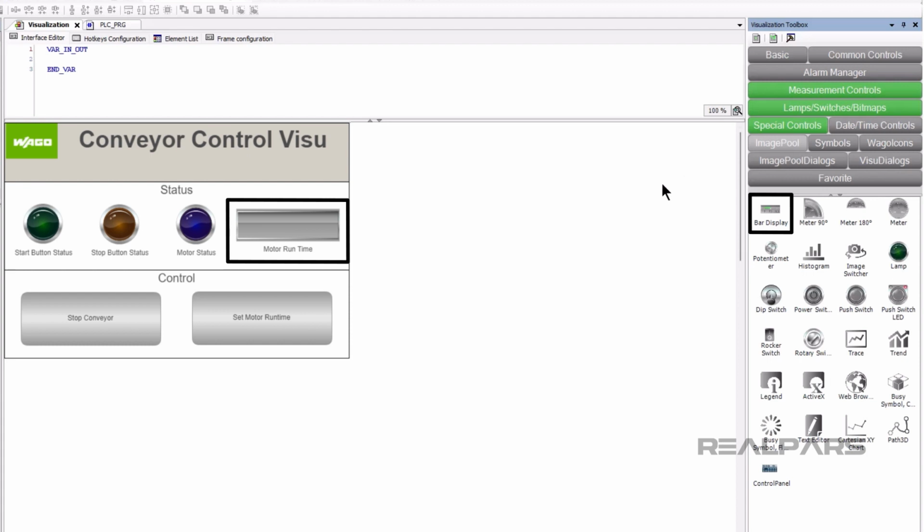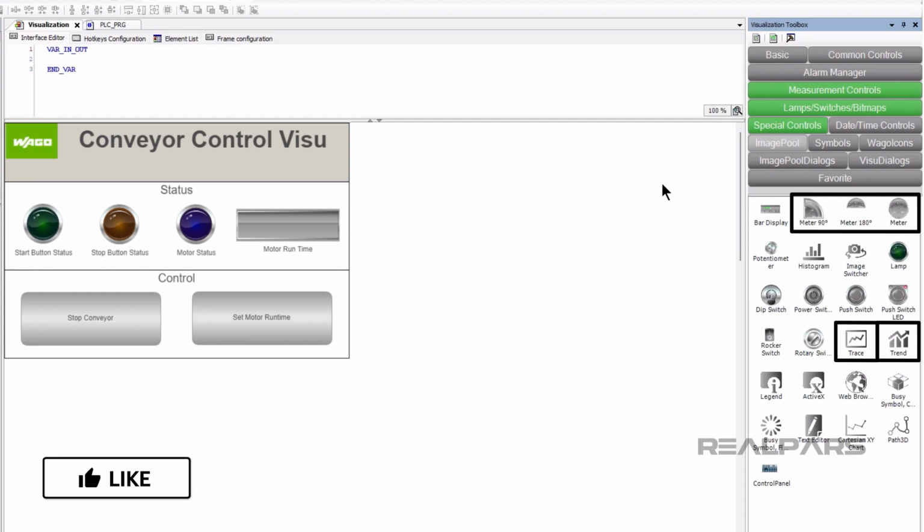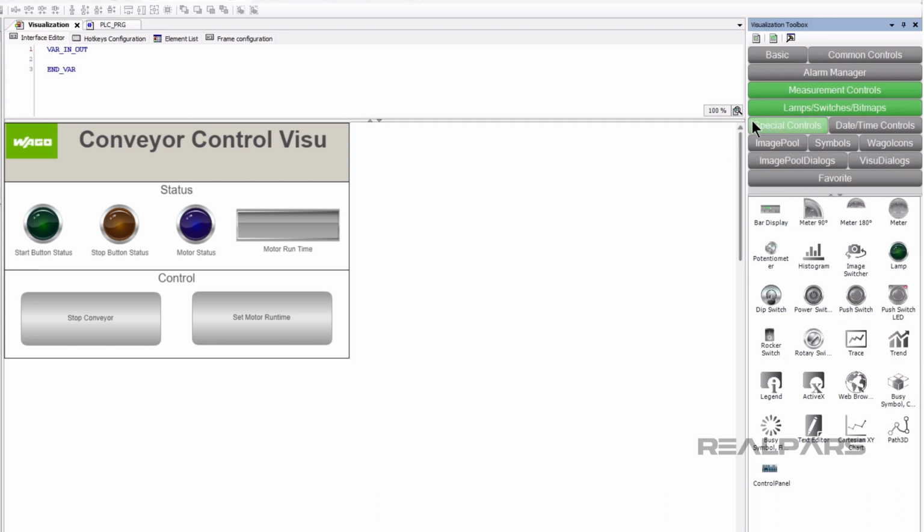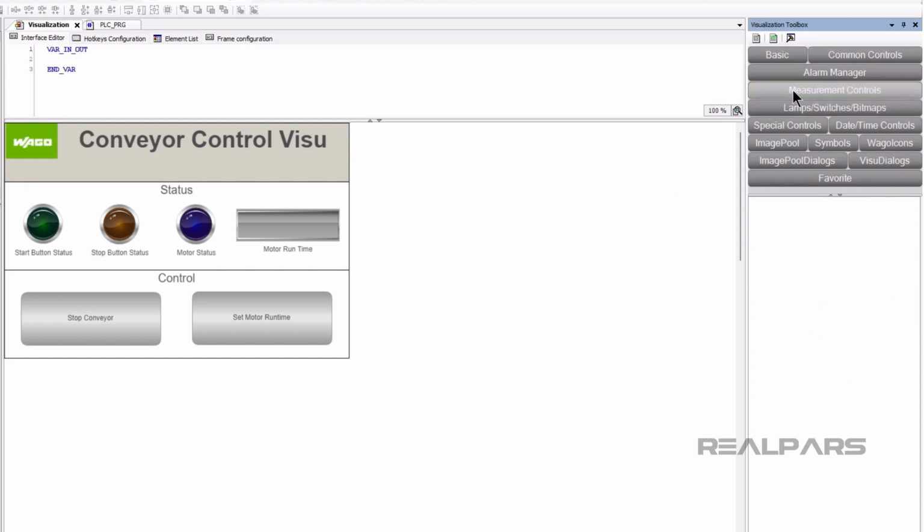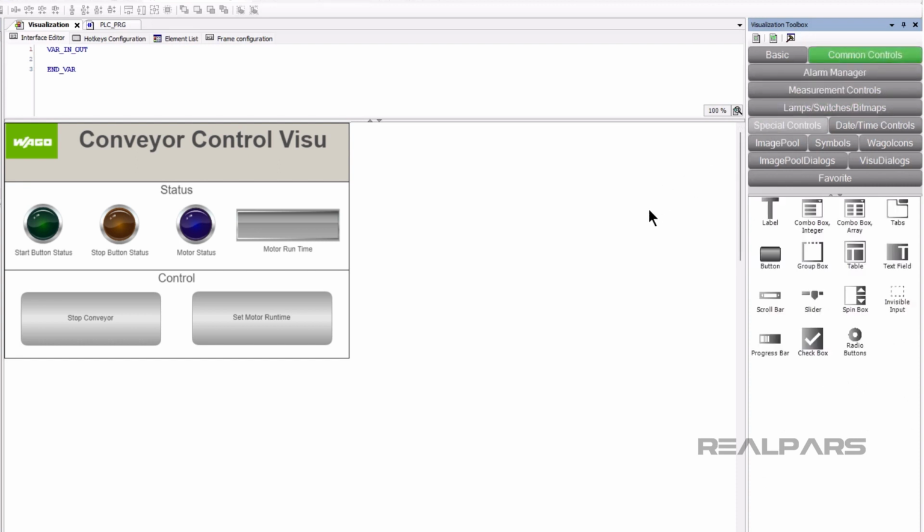Bar displays are particularly useful for showing if the current value of a variable is within a normal range or if the value is reaching a critical threshold. Some other common status indicators include traces, trends, and meters. All of these elements provide different ways to visualize the value of a variable at the current moment or over a period of time. Finally, controls give an operator a way to modify the value of variables in a running